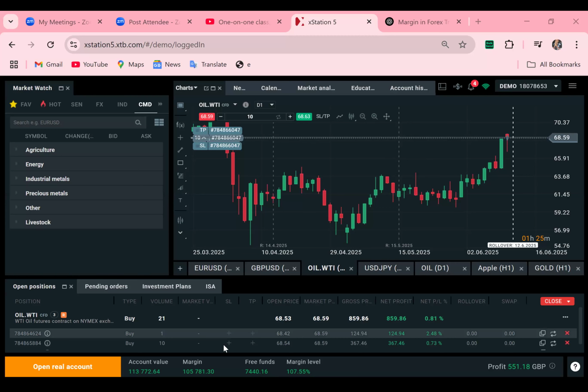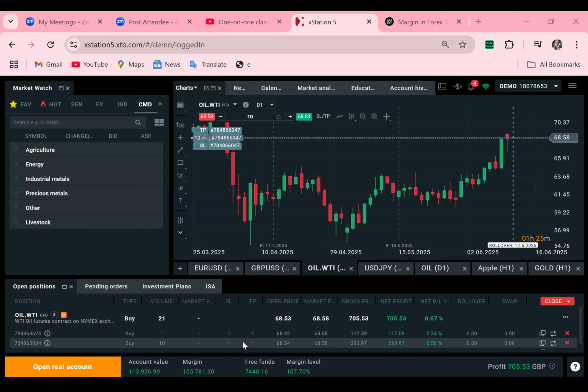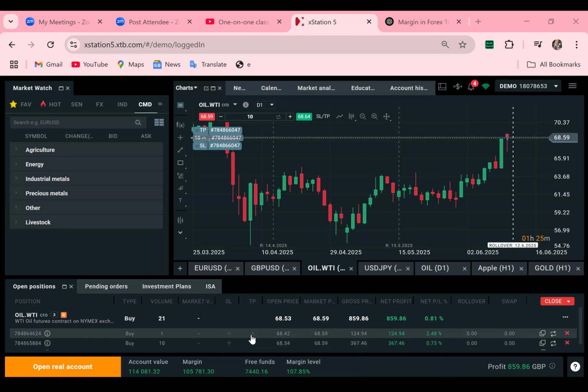So ideally, I can choose to put SL or TP, take profit, on what I've already placed. But now this is what we call high risk trading. When you see those things they share with you on the internet, where somebody doubles money, makes massive income, it is because of the kind of units and the kind of leverage they are using. So they are going into the market with almost everything. What this means is that if this market moves up, I'm going to make mad profit because I'm using bigger volume.